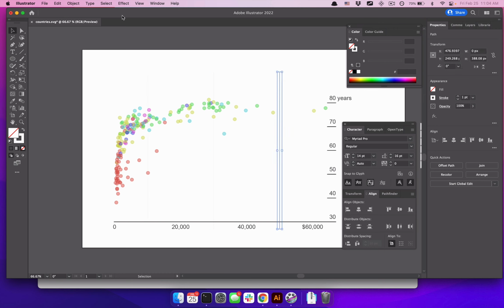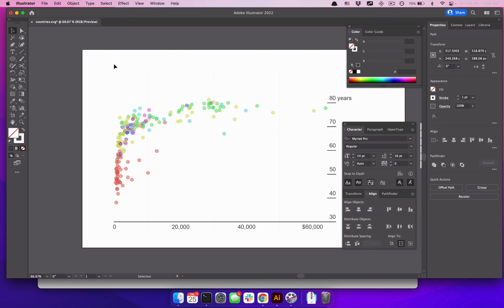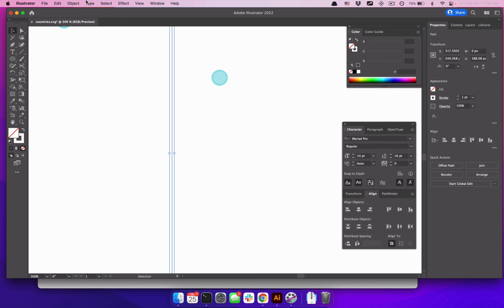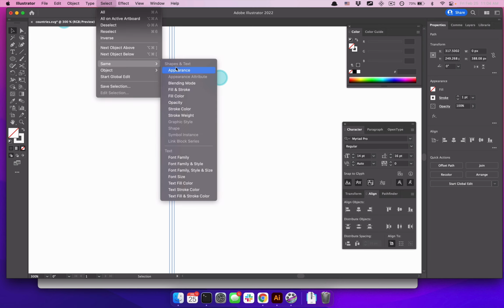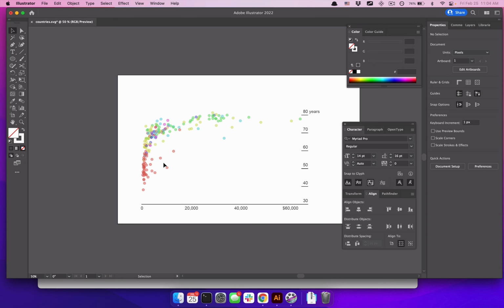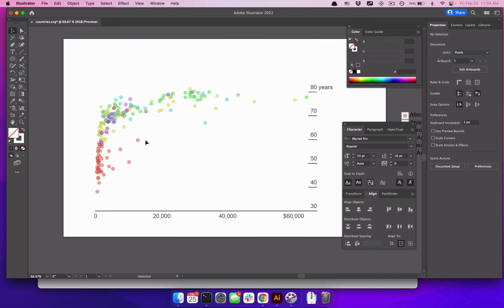the same thing. I'll click the line, select same appearance. You also maybe can't see them very well because they're pretty light colored lines, but I promise that they're there. Select same appearance, delete, and now I promise that those lines are no longer there. So our axes are looking a little bit cleaner, our years are looking a little bit cleaner, but now I